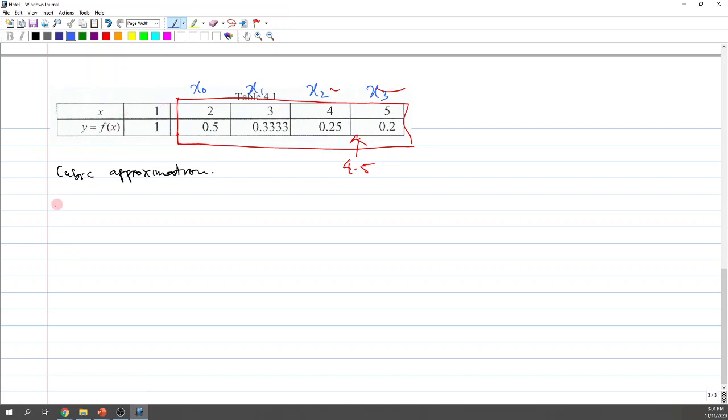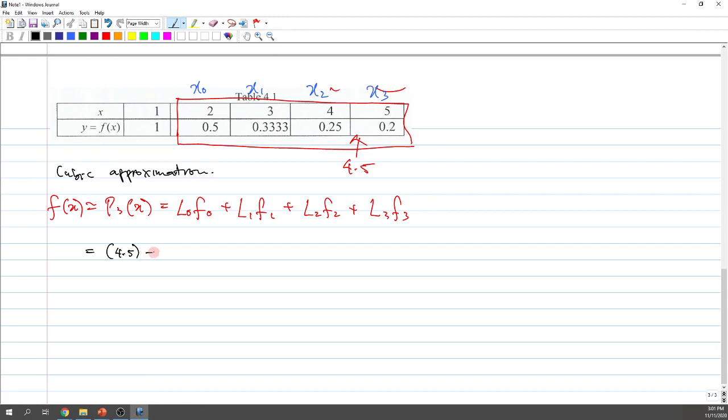Okay, then the formula: f(x) is approximately P3(x) equal to L0 F0 plus L1 F1 plus L2 F2 plus L3 F3. So we must have 4 components. Okay, and then we try to settle it down. So for L0